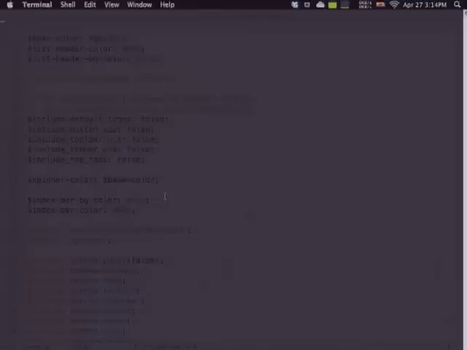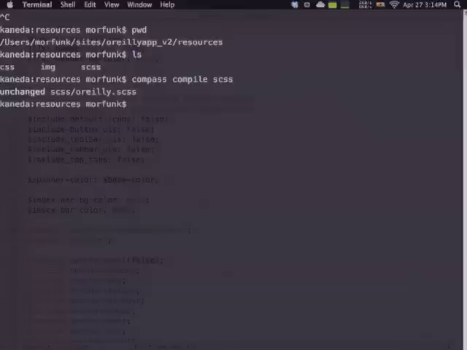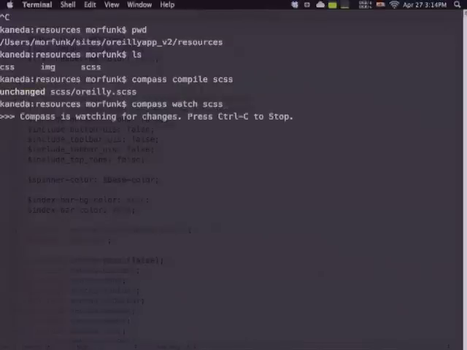Basically, I could just do compass. So I'm in my resources folder for this app. I could do compass compile SCSS, and it's just going to look at that SCSS file, regenerate a CSS file, and put it in the CSS folder. But we can also have it just watch that file or that folder for any changes, which is the easier